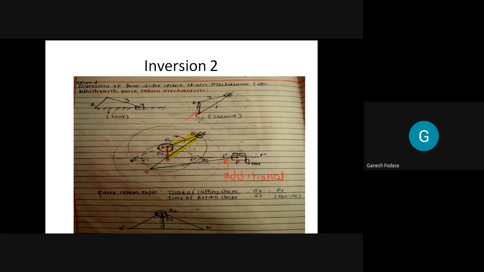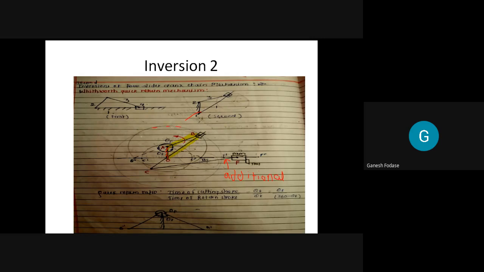At this position, which link acts as a crank here? AB will act as a crank, and AB will rotate about point A. Here it looks like leaves, but if I stretch this diagram, you can see the path of B. AB will rotate about A and trace this path, this circle. Assume it is a circle. It is not an ellipse actually; as the diagram is compressed, it looks like an ellipse, but it is a circle. So the path traced by AB is a circle, and that path is drawn here.